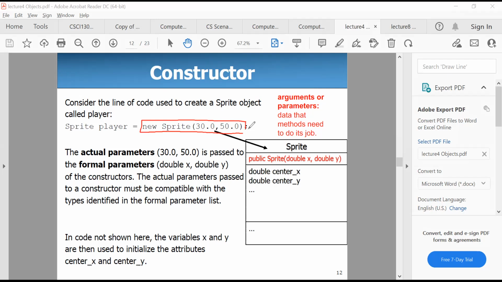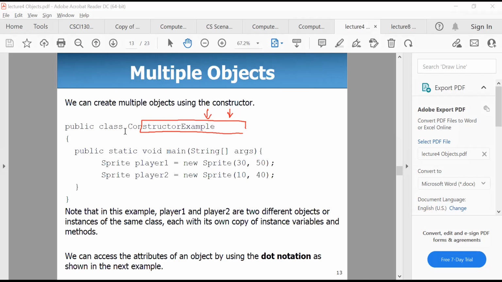Call out the sprite class and put the values 30.0 and 50.0, right? For X, yes. So this will be saved in which variables? The 30 will be X and the 50 will be Y. Excellent. Okay, so once I design this sprite class, we are able to create players,